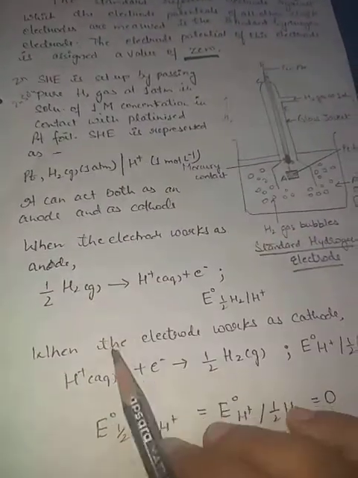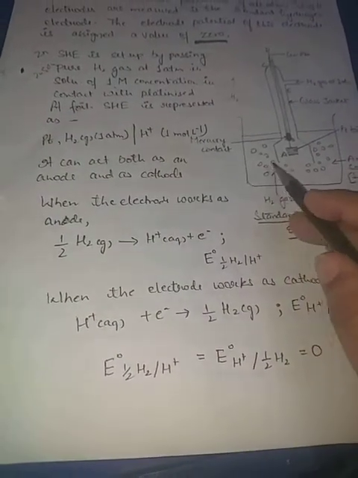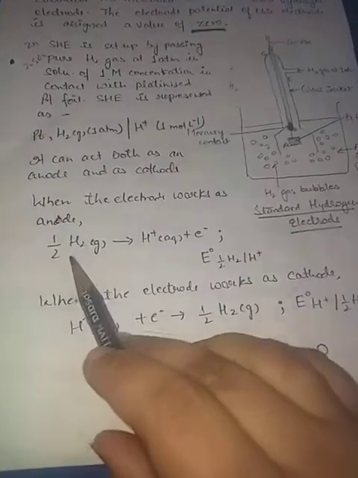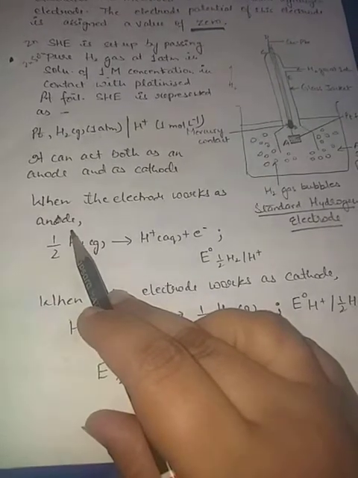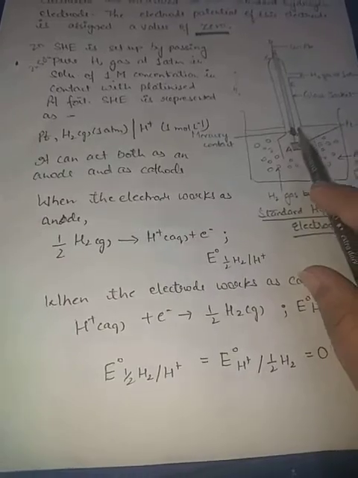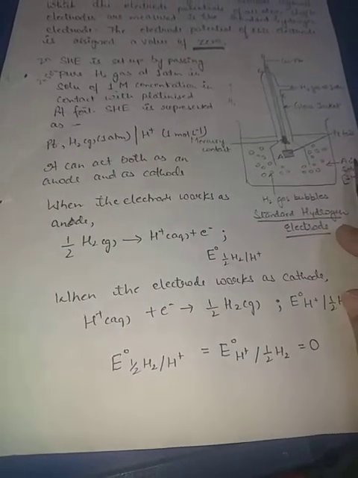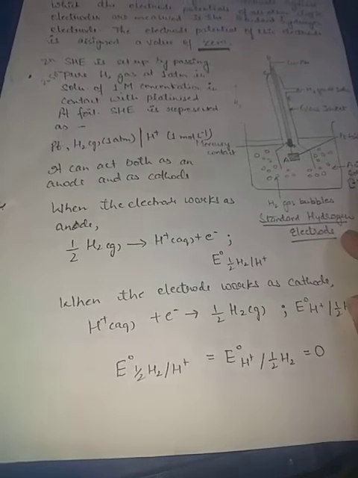I'll explain this by giving some examples, and I'll show you the diagram from the book itself. Before that, we'll study the reactions at anode and cathode in this standard hydrogen electrode. If this is acting as an anode, present towards the left, then on the right will be some other metal which will be at the cathode, or which will be getting reduced.